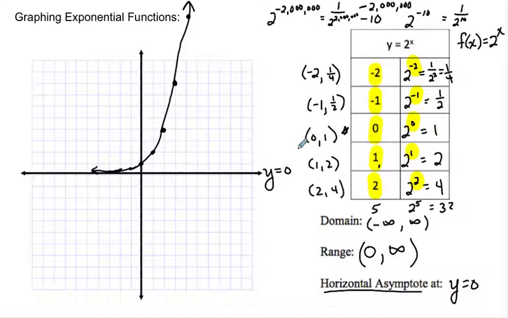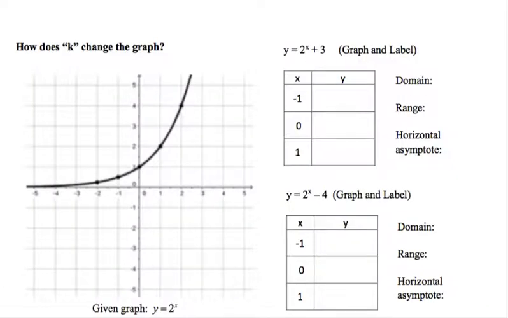And remember we said that we were going to take a look at this 0 value. We noticed that at 2 to the 0, we're one step away from our asymptote. So that might be interesting later on. Okay, let's take a look at